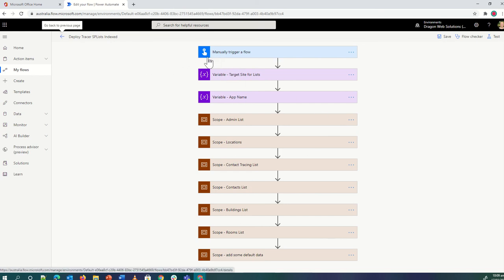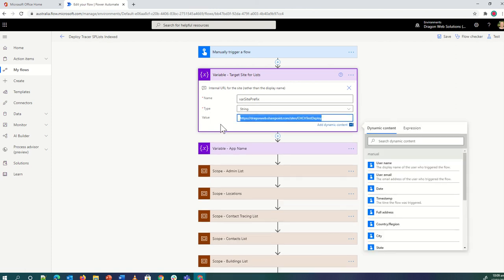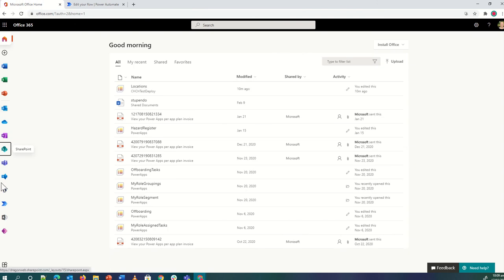So the first action, or the only action you need to take with this, is to expand the variable target site for lists, and just basically click it. Don't change this first part, you just need to change that to map the URL of your receiving site collection. So if you can't remember what it was, go back to SharePoint